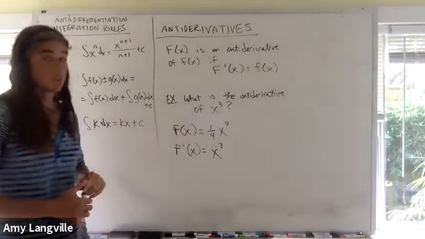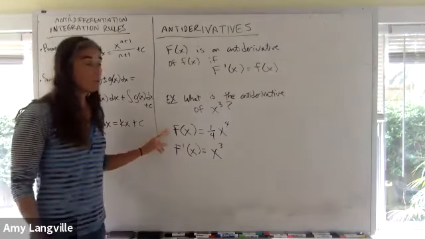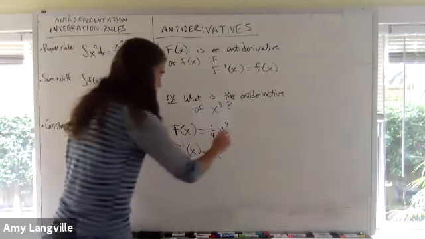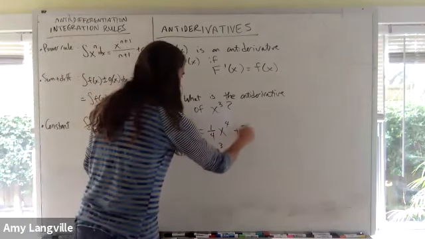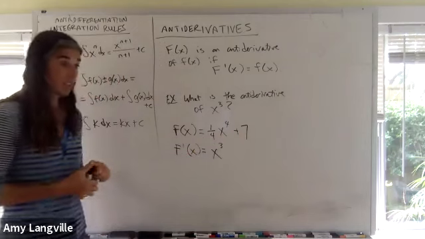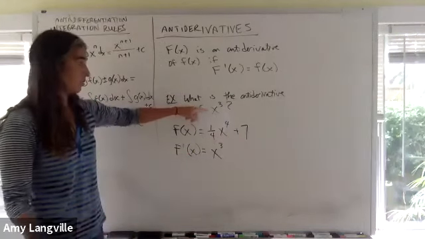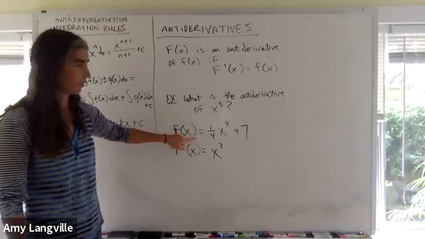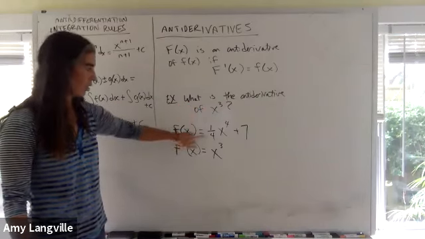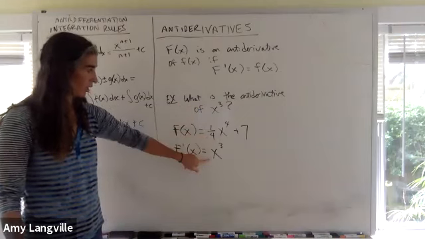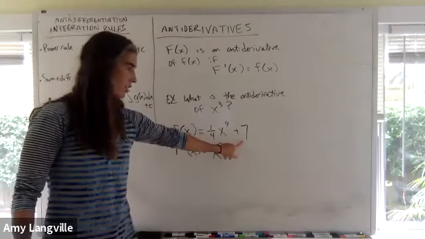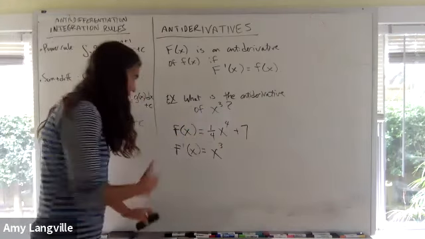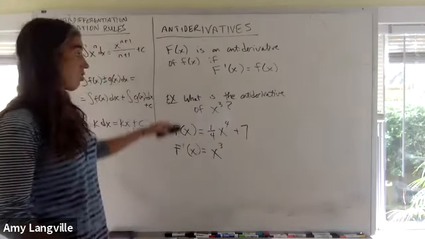But a few more things we have to note is that this isn't the only antiderivative that would work. Here's another one that might work: 1/4 x to the fourth plus 7. Is that an antiderivative for x cubed? If it is, it has to be that I take the derivative of capital F, the antiderivative, and I get x cubed. Does that work? Okay, the first part is a power rule, yeah. The second part is a constant, the derivative of a constant is 0. So yeah, that worked. Okay, so I could say 1/4 x to the fourth plus 7 is also an antiderivative